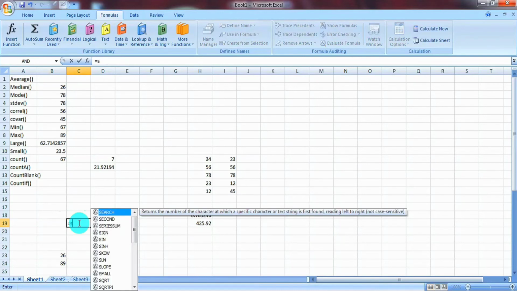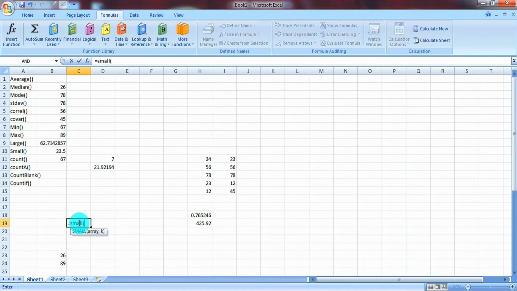Equal to small. Again first argument is the array or range of data. This function requires one more argument, that is k or n, means nth smallest number or kth smallest number which you want to find.